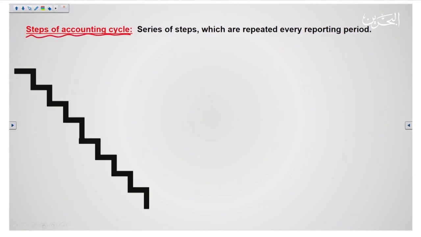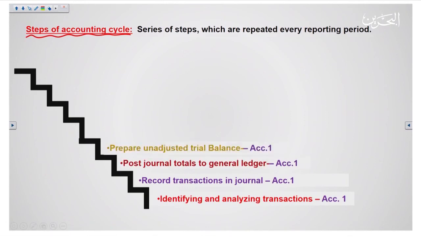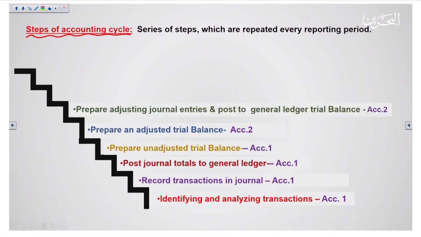We are going to learn identifying and analyzing transactions in Accounting 1, record transactions in journal in Accounting 1, post journal totals to journal ledgers in Accounting 1, prepare unadjusted trial balance in Accounting 1 as well, prepare adjusting journal entries and post to general ledger in Accounting 2, prepare an adjusted trial balance in Accounting 2,